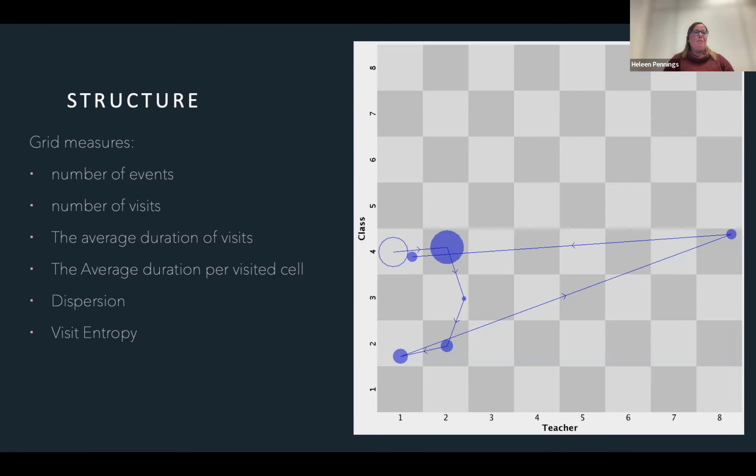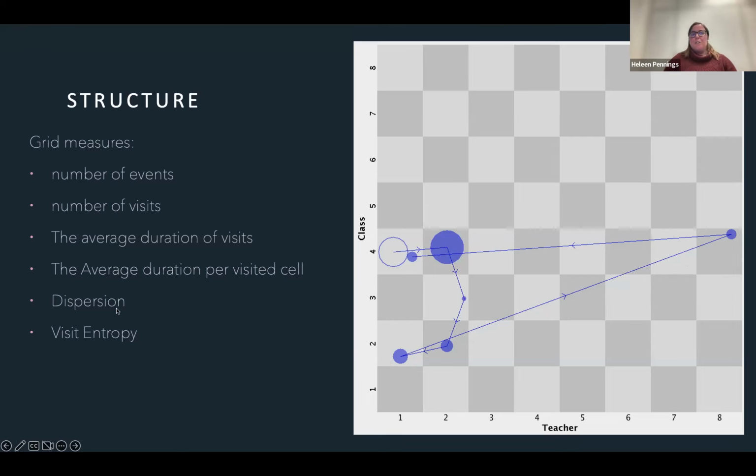The other ones are average duration of visits. This can also be seen by the size of the nodes. So the duration in this cell was much longer than the duration in this cell. This was really short, so there was a really short behavior change. Or this one, this could be an intervention of the teacher, like, hey, come on, listen, and be a little bit strict for like 2 seconds. And then that would be a visit to this cell, but then you would move back to being friendly again.